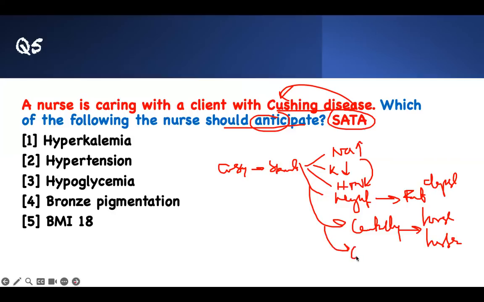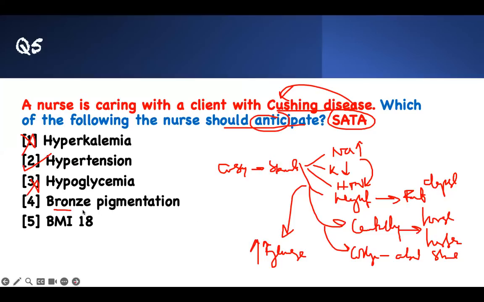It affects your collagen and you have abdominal striae. All these things, right? It's a stress hormone. Every stress hormone will increase your glucose. You see what I'm doing? Therefore, hyperkalemia is wrong. Hypertension is right. If your glucose is going to go high, you'll be